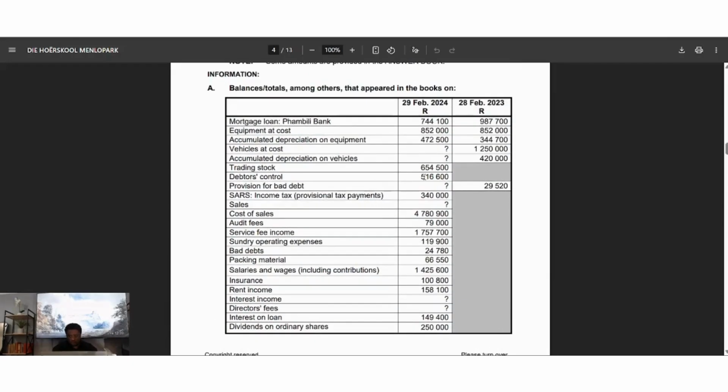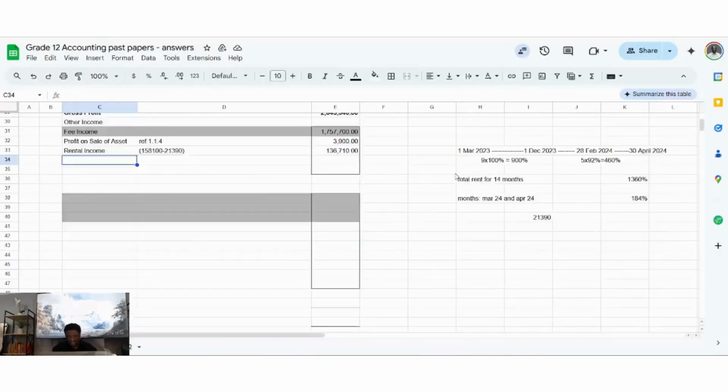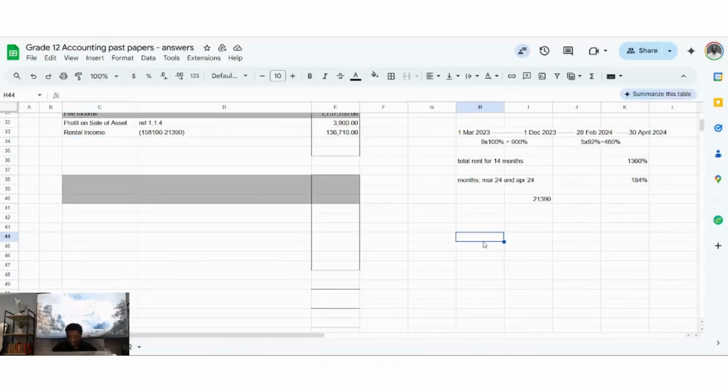So our debtors control is 516,600, and what is 5% of that? So 516,600, let's work out 5% of that. So 516,600 times 5%, that is going to give us